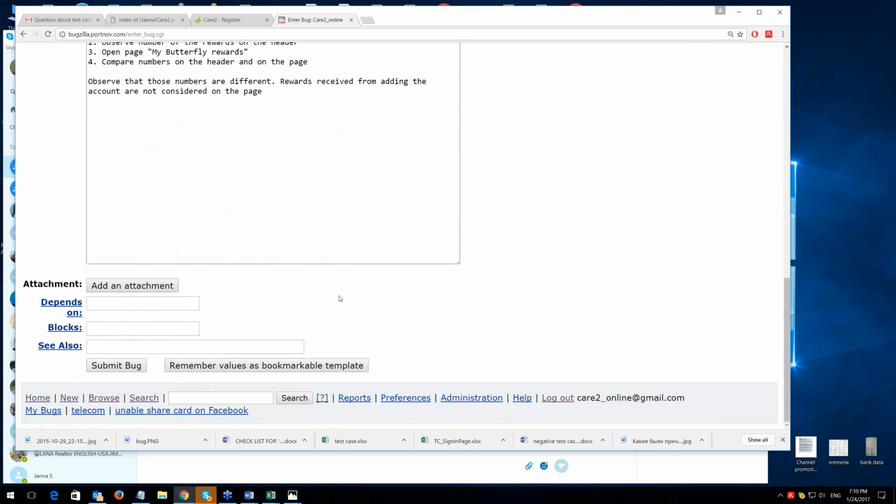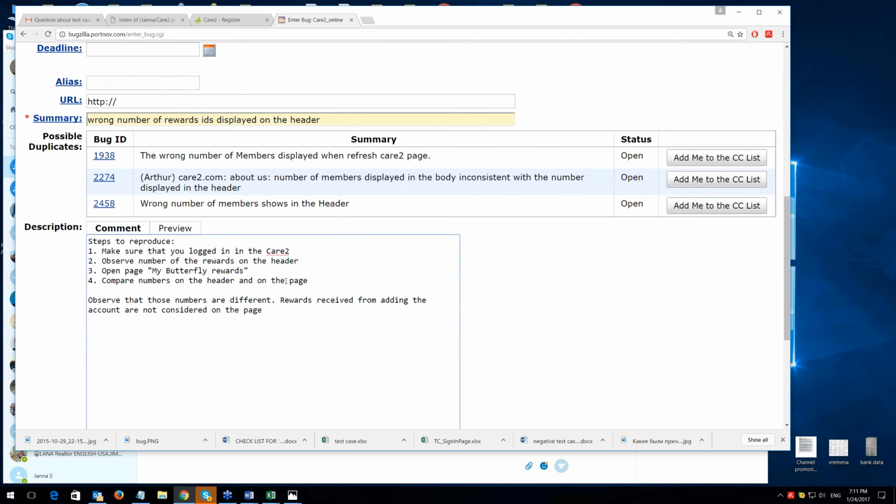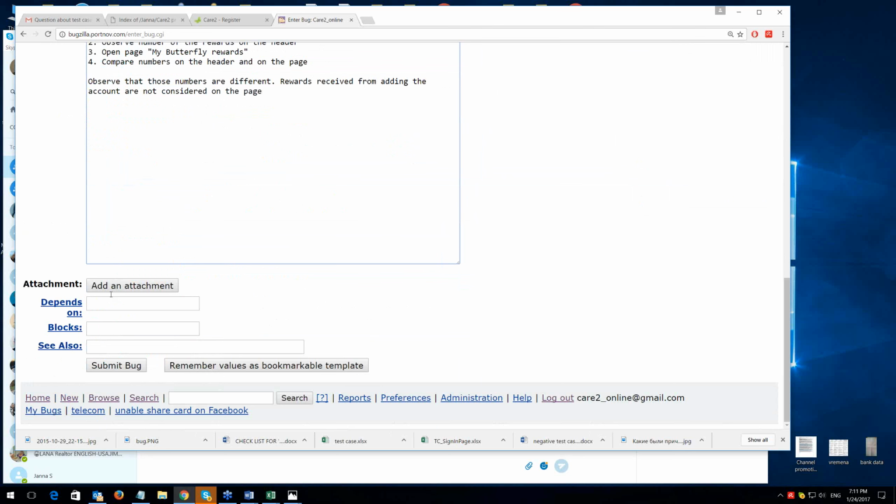Let's say that this bug that I just entered depends on another. It cannot be fixed before another bug is fixed. So we show the dependencies. Let's say the bug that I create now depends on 1, 9, I'm just making it up, don't take me wrong, 3, 8. So I put it here. Now submit bug.